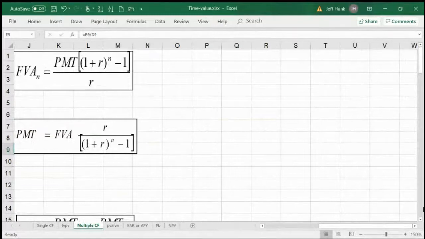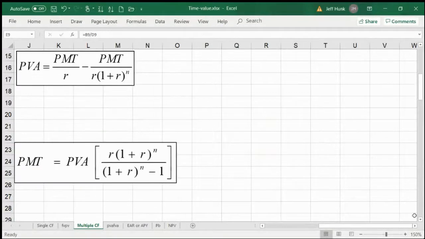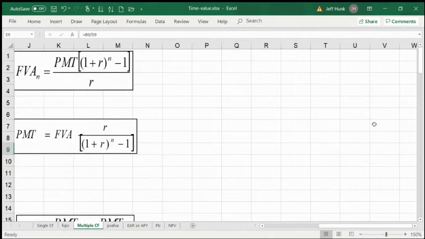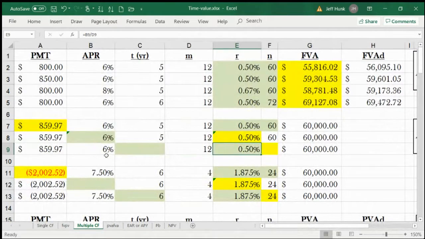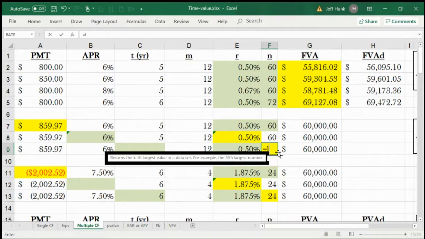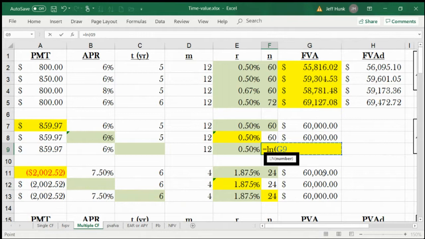So what's the formula? I also put... oh, it's not here. That's fine. Maybe I put it down there. But the formula we're looking for, the unknown, is n, right? So it will be the natural log of FVA over payment, right,